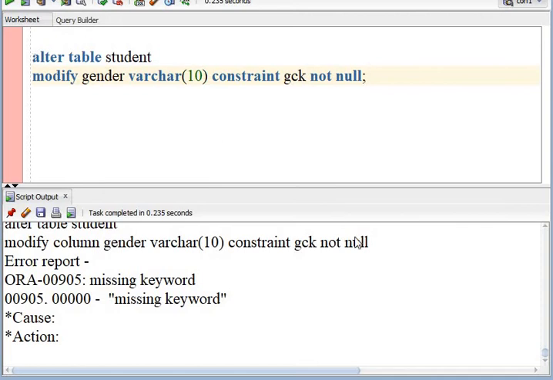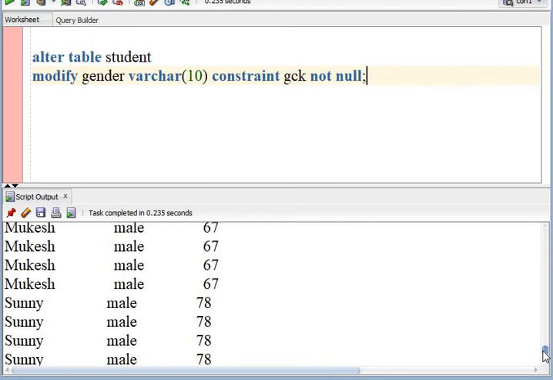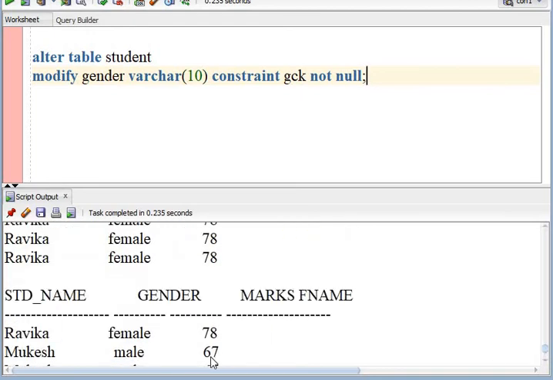That is basically needed when we have multiple columns in a table and the same type of constraint is applied on multiple columns. For example, we may have a not null constraint here, not null in gender also, and on marks and father names also. So which particular not null we are talking about, we must be able to find out that, and for that we need to give some name to that constraint.